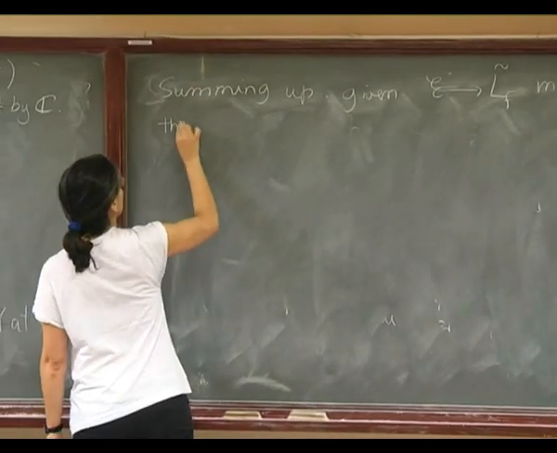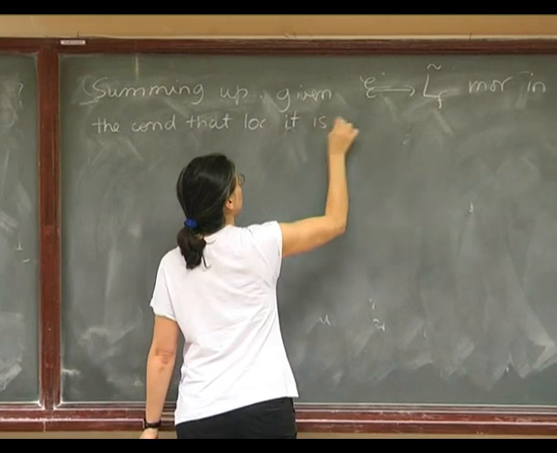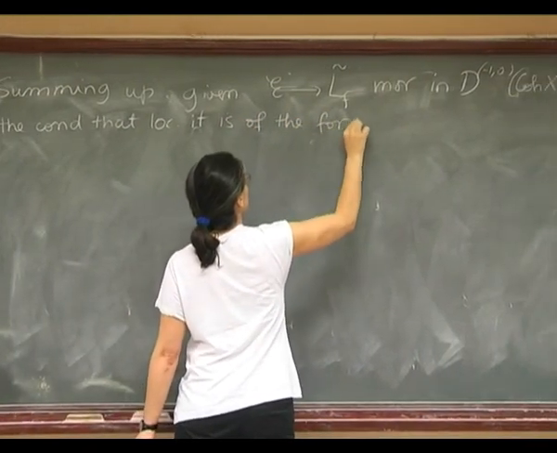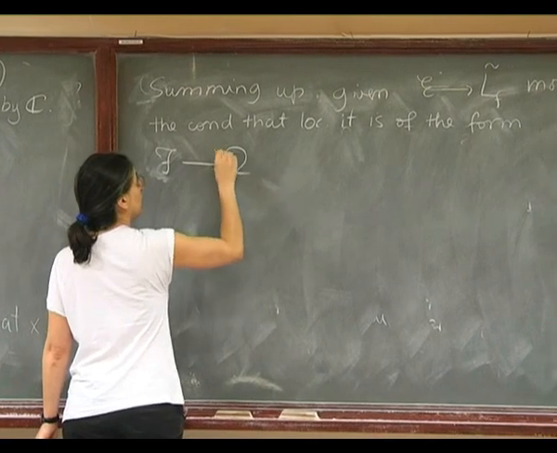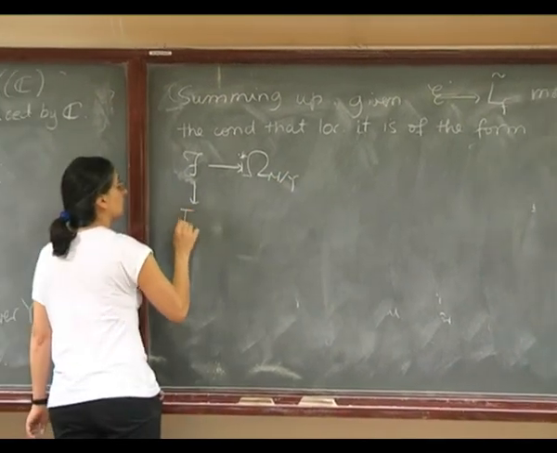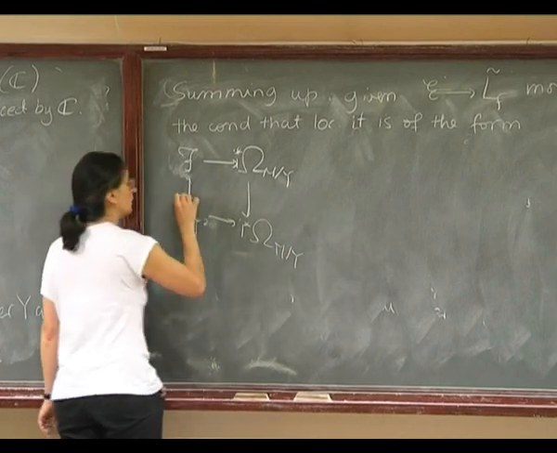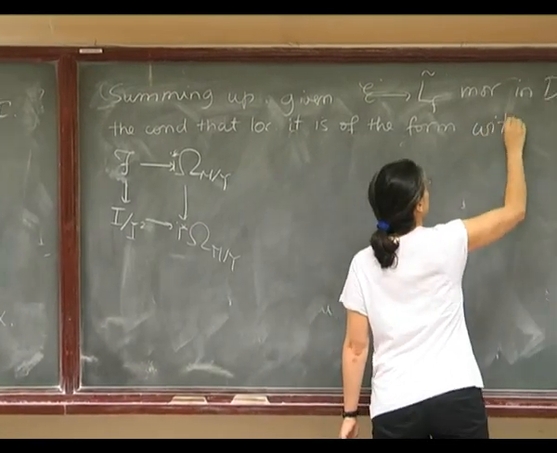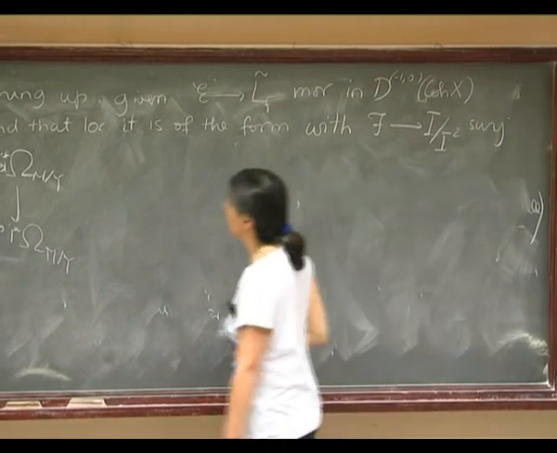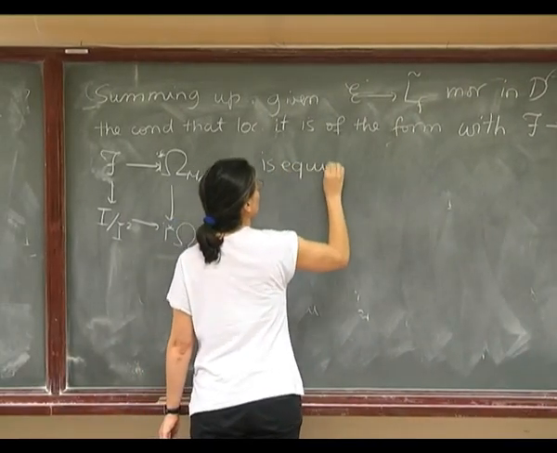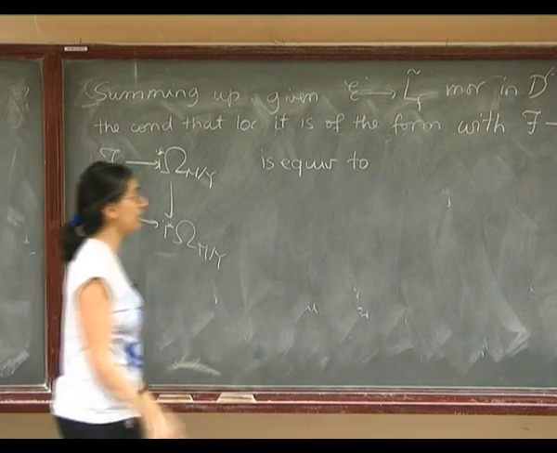The condition that locally it is of the form, let me call this f to I pull back omega, with f to I mod I squared surjective, is equivalent to, if I replace, by requiring